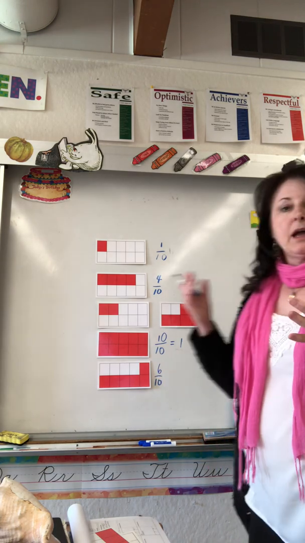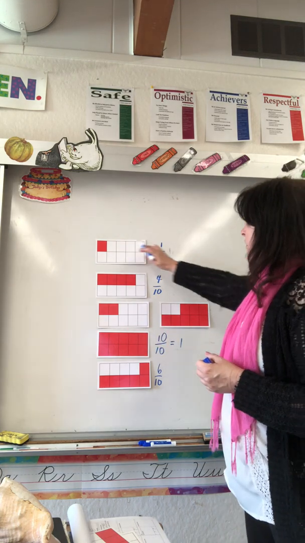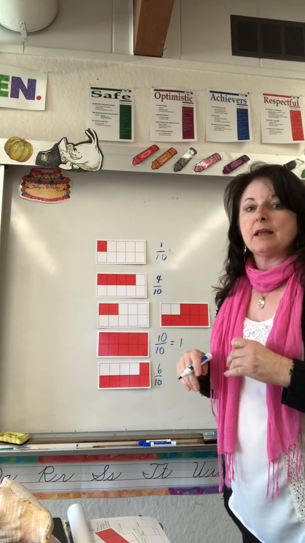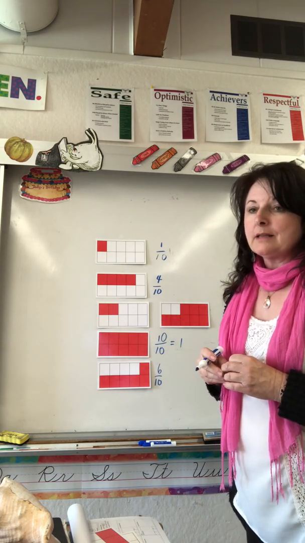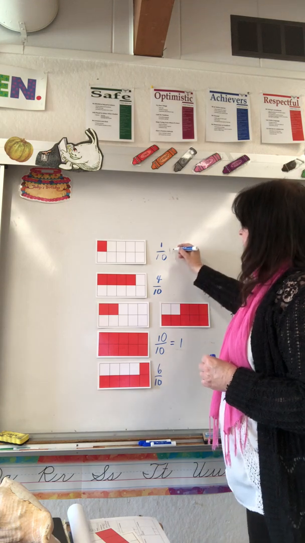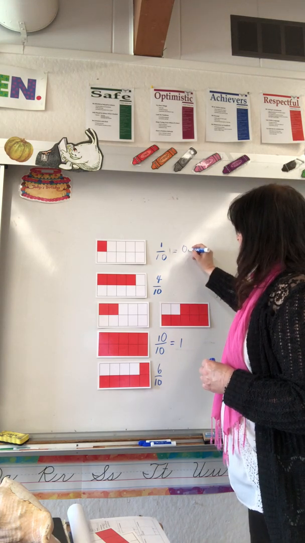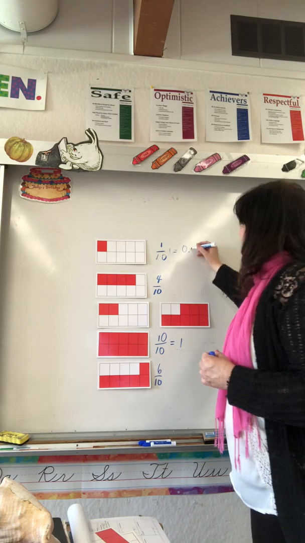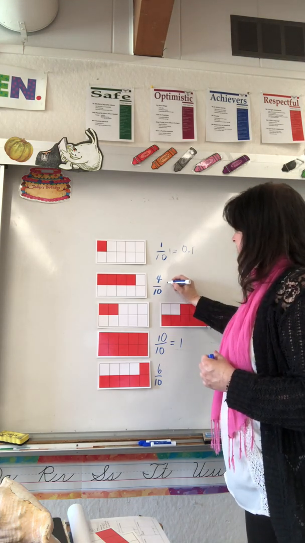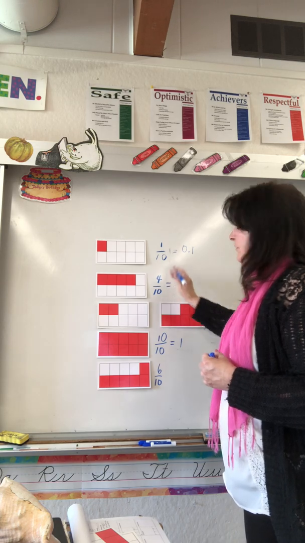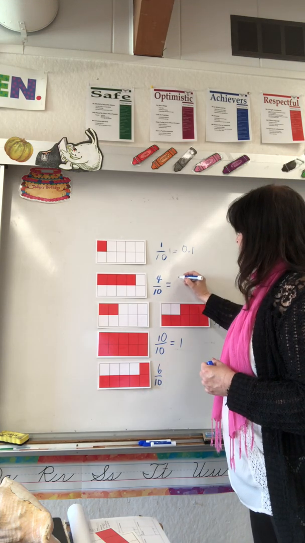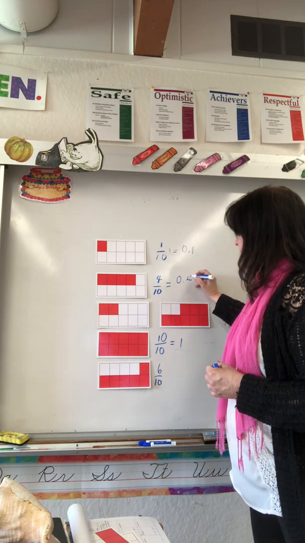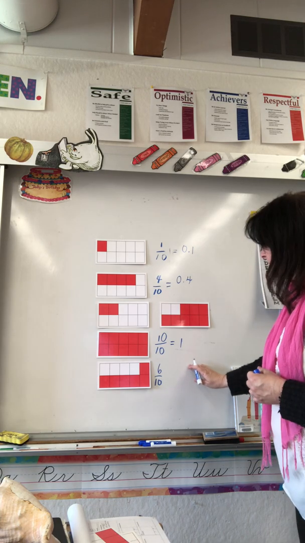So looking at what we have up on the board, if you have 1 over 10, this is sitting in the tenths place value. And we talked a little bit about tenths place value before. That is sitting to the right of the decimal. So this is going to be equal to 0 decimal, write down what you think, and 1. You can start seeing a pattern happening. 4 over 10 is going to be equal to 0 decimal 4,